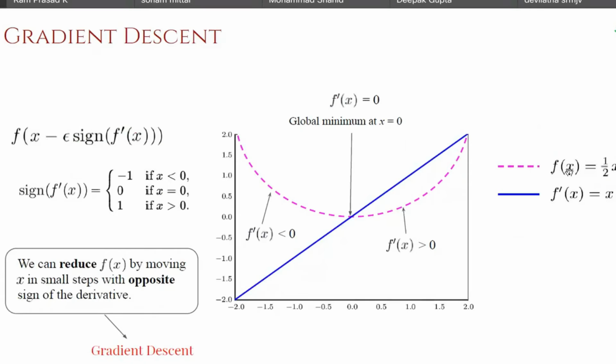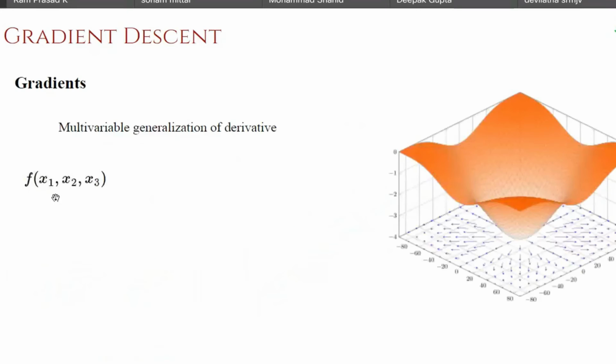This function f of x is a univariate function, because in this function you only have one independent variable, or equivalently you can say this is a function which is taking one argument. The first order differential of a univariate function is usually referred to as the derivative. You can also have a multivariate function where a function takes multiple arguments like x1, x2, x3. The first order differential of a multivariate function is referred to as gradient. So this is the important difference between derivative and gradient.